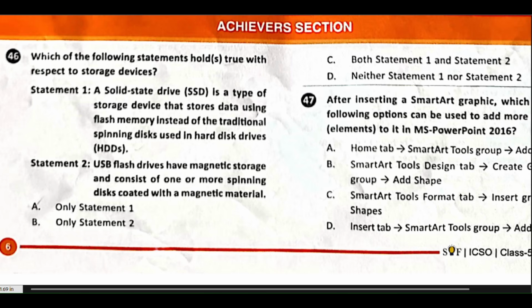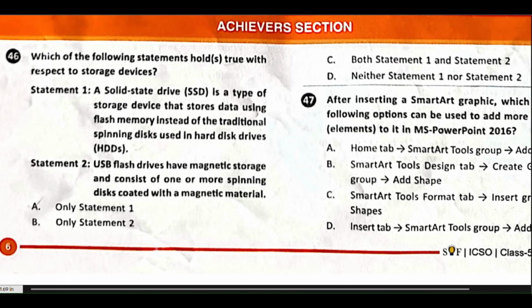Last section, Achievers section. Question number 46. Which of the following statements holds true with respect to storage devices? Statement 1. A solid state drive, SSD, is a type of storage device that stores data using flash memory instead of the traditional spinning disks used in hard disk drives, HDDs.